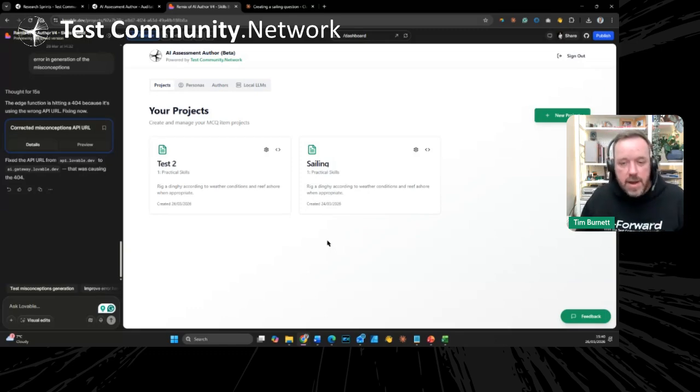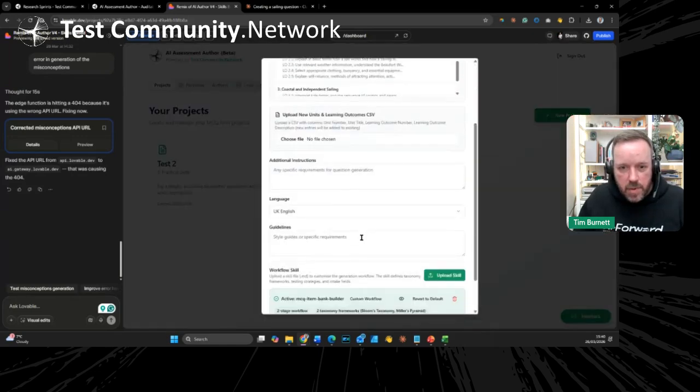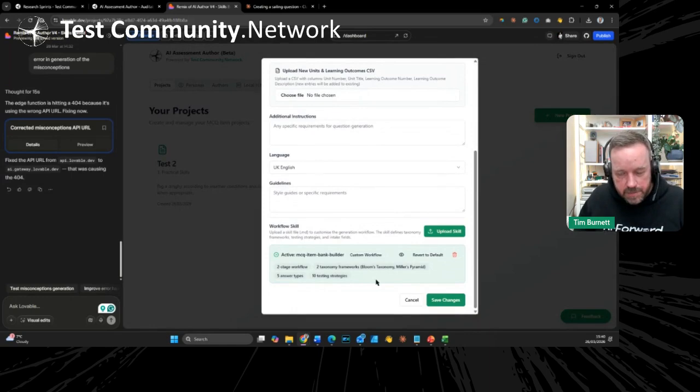The thing about skills is, so I reimagined this a little bit, to the point where you could upload the skill in there, and this version of the item authoring would modify the flow and the questions and structure according to your skill. So you could change the skill, and the idea is that if it was flexible enough, and it should be, it would be able to modify the workflow and approach that you take.